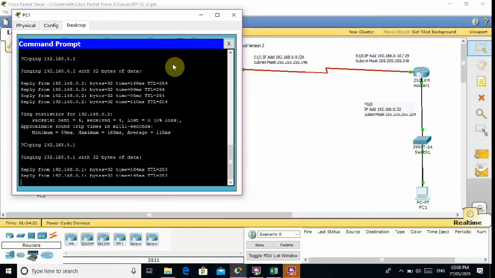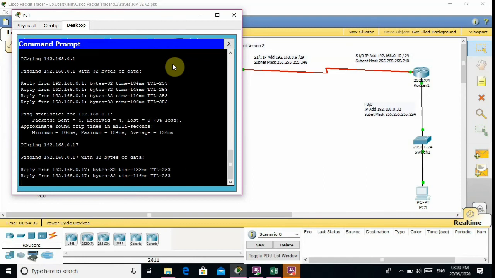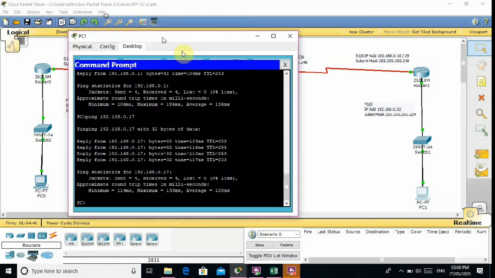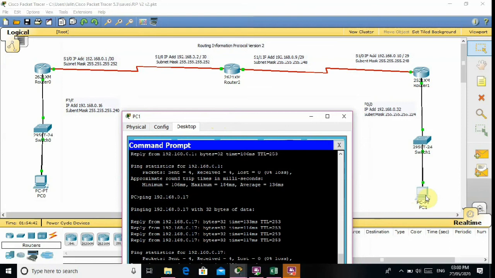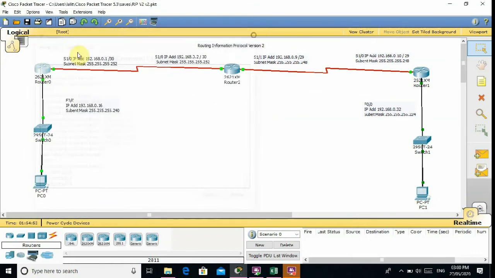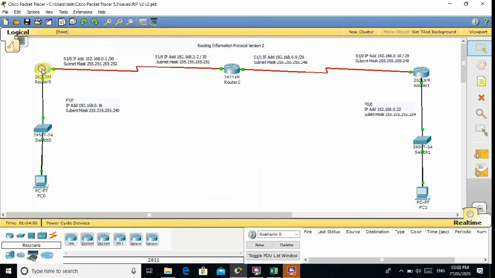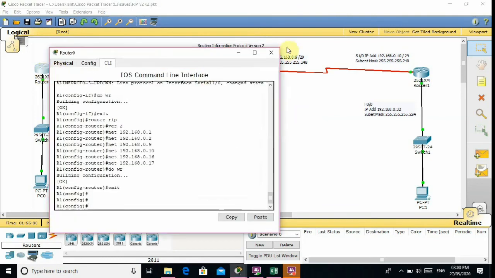After I ping router second 1/0 interface. After I ping router first. After I ping router first FastEthernet 0/0. This pinging is done, so we can see that connectivity is done.